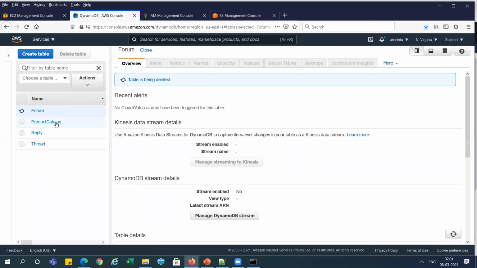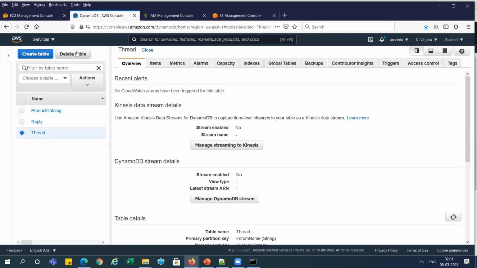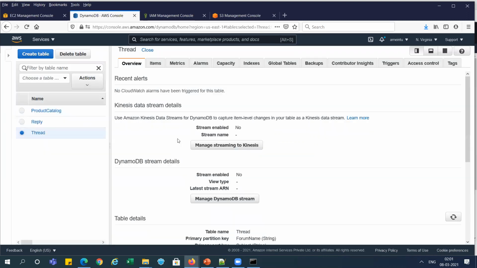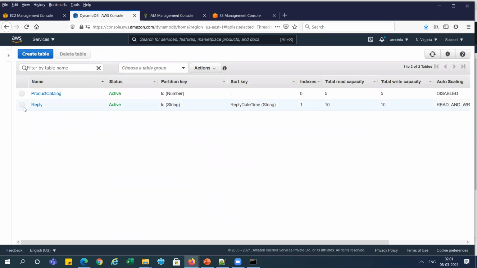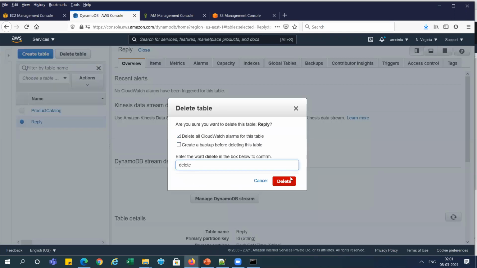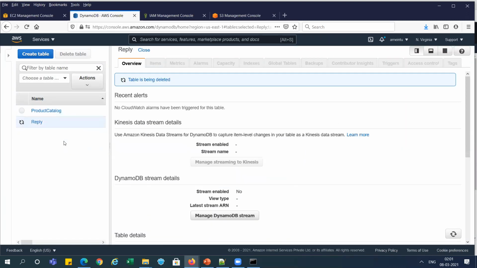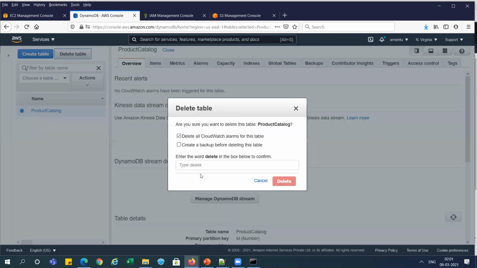And select the next one and delete table. Directly go and delete it. Next one, delete table. Next one, delete table.